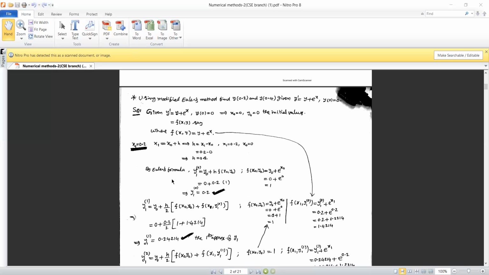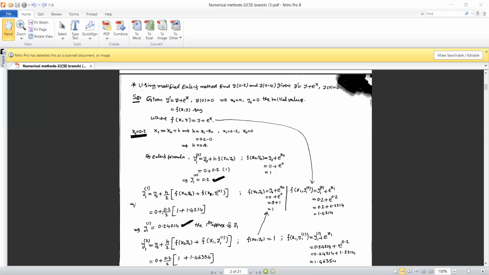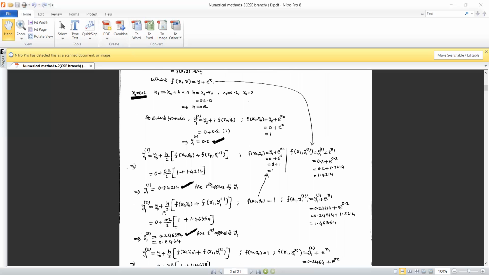After using this prediction formula, we will use the correction formula. And the correction formula, we always need to use minimum 2 to 3 times to check the accuracy of our result. Here, f of x naught y naught will be calculated by replacing the f of xy values with the values of x naught and y naught. So this is the equation of f of xy. In this, we replace the y value with y naught and the x value with x naught. So every time we are changing the values of x and y in the function f of xy, and by calculating this we get y1.